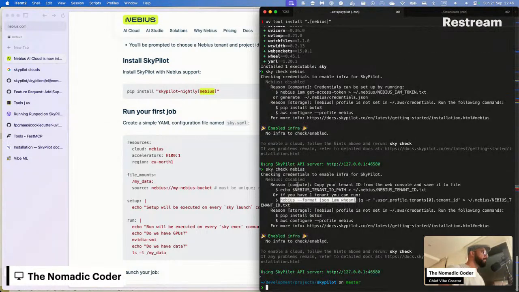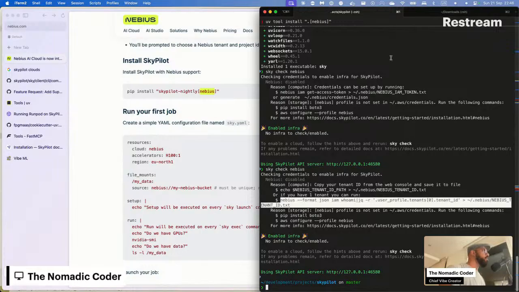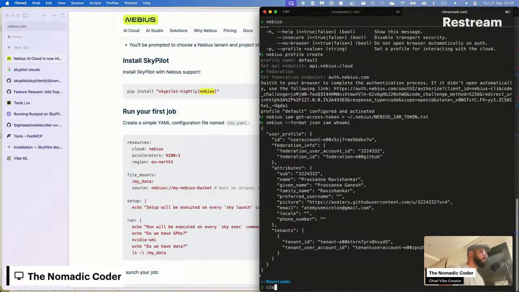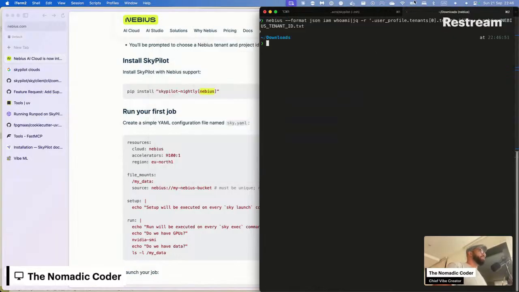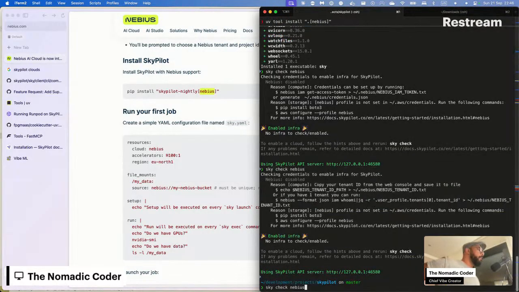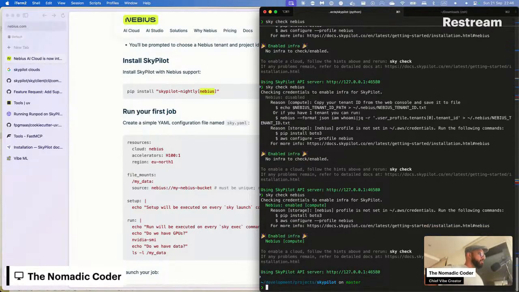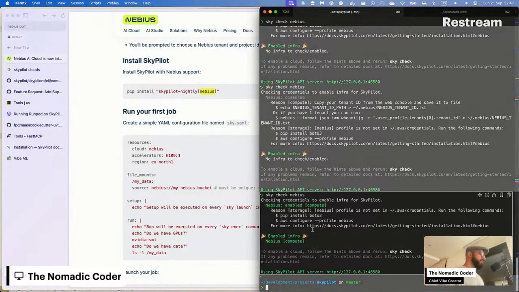Nice. At least we are progressing with Nebius. Finally, Nebius is enabled for compute.